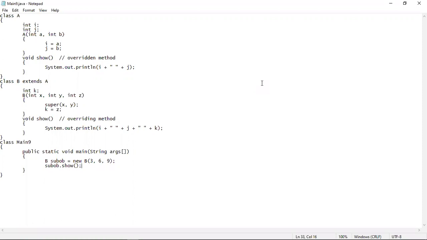Now the question is, if the superclass version of the show method is overridden, then we can never access the show method of the superclass. So this may seem to be a disadvantage, but actually it's not a disadvantage. It is very much beneficial for us to use the concept of method overriding in a Java program. Obviously, there are other ways to access the superclass version of the show method. But before going into that, let me explain once again what are the rules or constraints that must be applied for method overriding to occur.